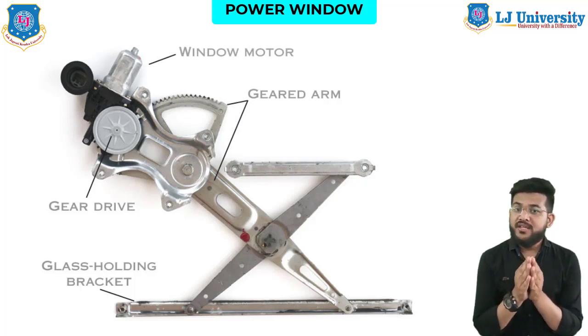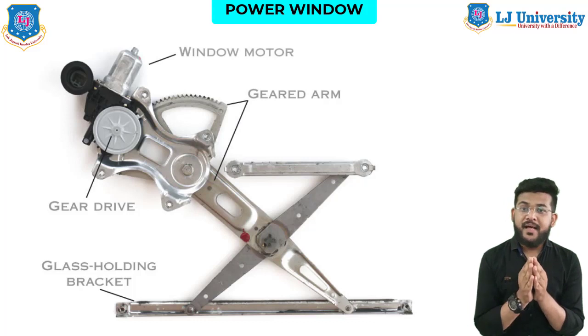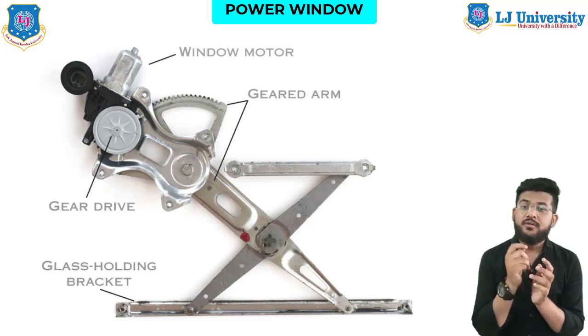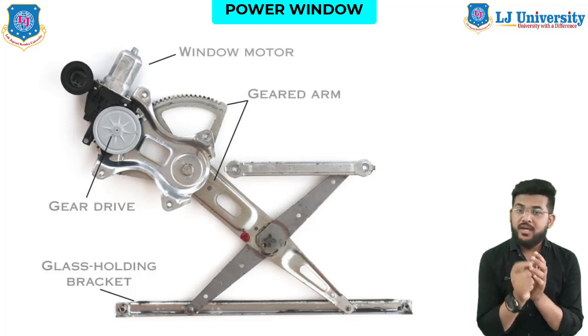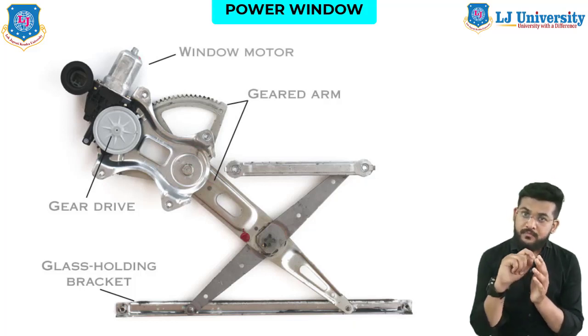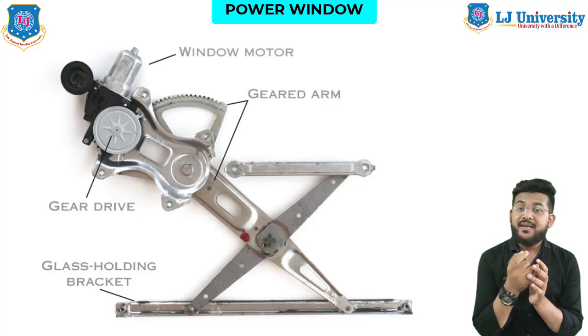An important feature of power windows is that they cannot be forced open. The worm gear in the drive mechanism takes care of this. Many worm gears have a self-locking feature because of the angle of contact between the worm and the gear. So the worm can spin the gear, but the gear cannot spin the worm. Friction between the teeth causes the gears to bind, and it will stop the car window from moving downwards.